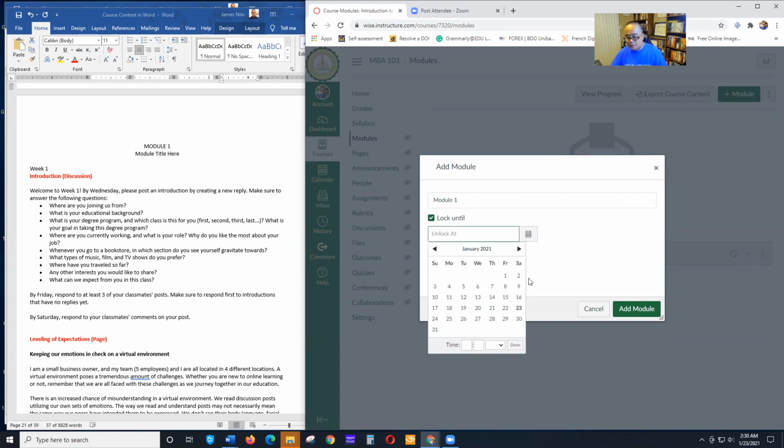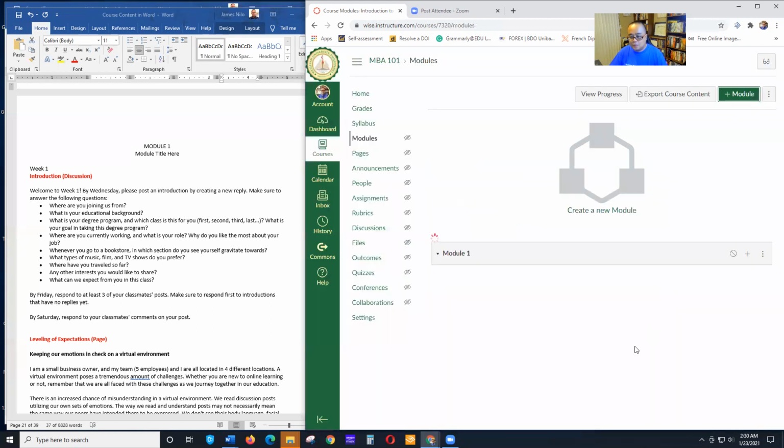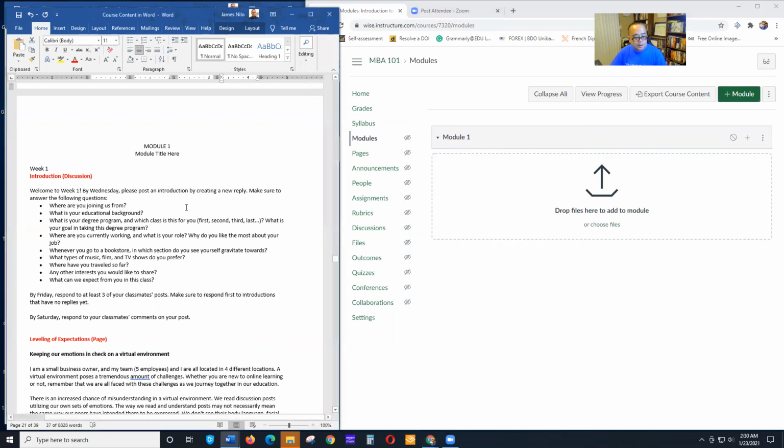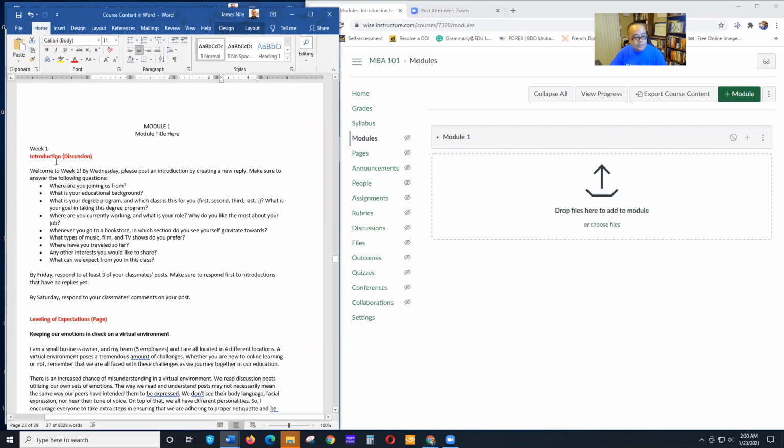Since I create my modules ahead of time, I don't want my students to access it yet. So I lock it, and then Canvas would automatically unlock it at a certain date and a certain time if you want to, but I don't need to do that right now. So add module. So that's our first module, okay? Now we need to add files, pages, or whatever we need to do in our module. So the first one, on my course content, I want to have an introduction. Introduction is a discussion forum. So let's add under our module 1,